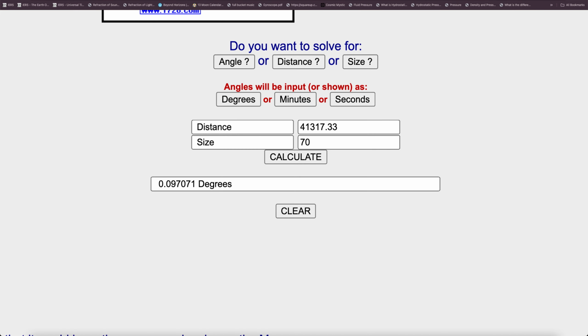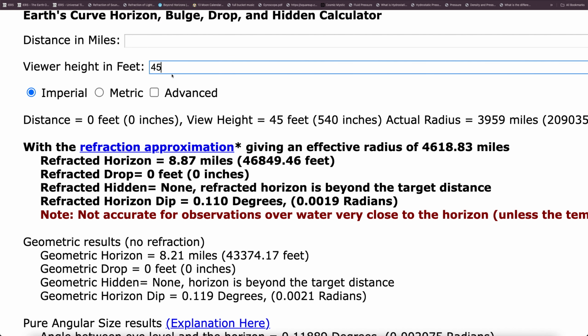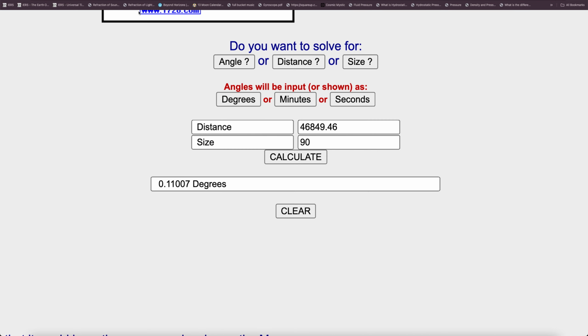Now, just to show that that's not just a coincidence for 35 foot, here I have 45 foot, right, a refracted horizon distance of 8.87 miles. That's 46,849.46 feet, right? At that distance, if I go to the angular size calculator, I have the distance in here,